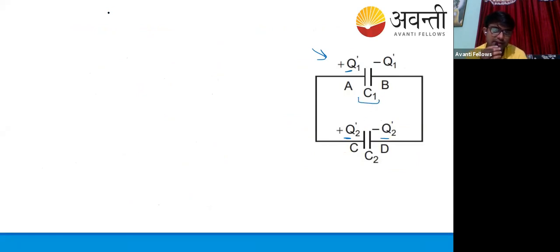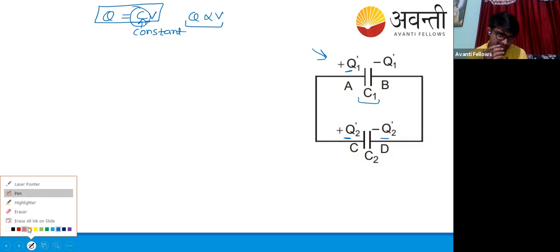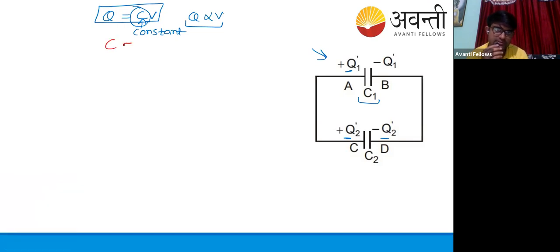Remember students, I told you capacitance, Q is equal to CV. This capacitance always remains constant. It is a constant factor because I told you Q increases with V. In the first explanation of isolated conductor, I told you as you give more charge, potential will increase. So to remove this proportionality sign, we introduce this constant. So basically this C always remains constant. So C is equal to Q by V, okay?